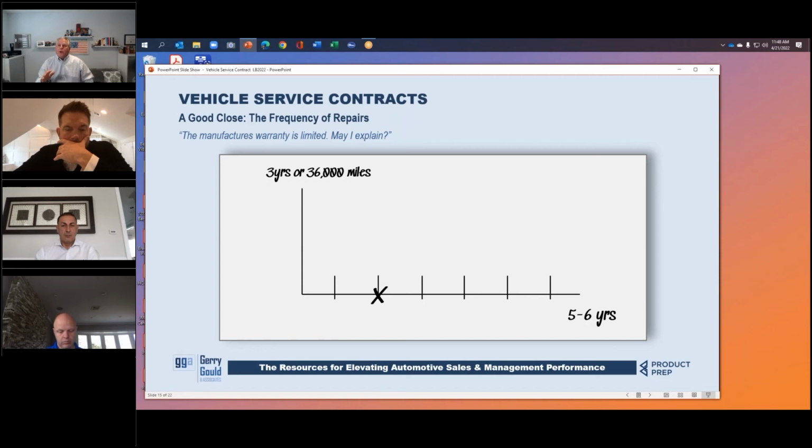So the likelihood of something on the powertrain failing is unlikely. That's why they extend the term. It's all the electronics and technical components that they put a stop on after 3 years or 36,000 miles, because what they found is what they call the frequency of repair. Those parts have a tendency of breaking down or slowing down after the 3 year or 36,000 miles. So based on their research and your driving habits, the frequency of repair has a chance of increasing within 2